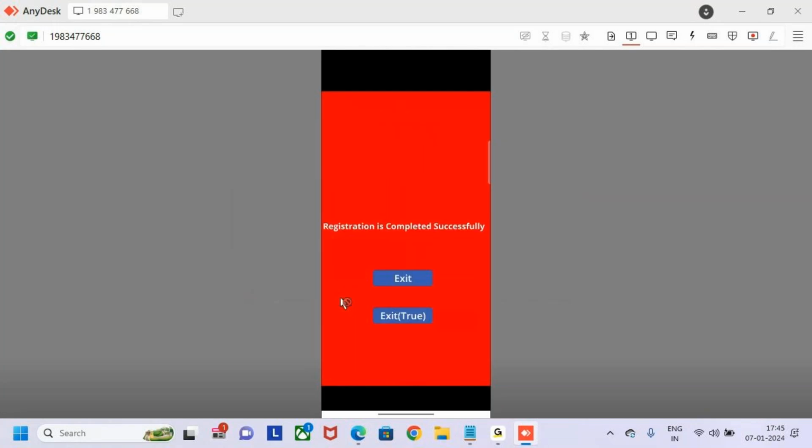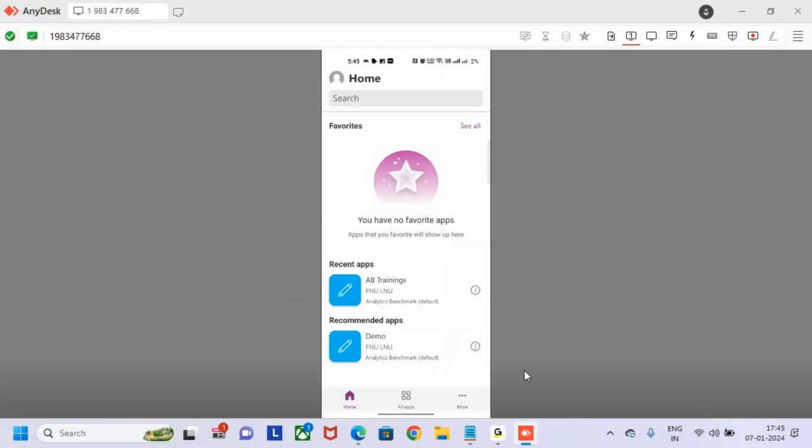Let me go and click on the submit. Now see, when I click on the exit true, now I'm going to click on the exit true. Now when I click on the exit true, it is going to exit the app and also sign out. It is used to sign out. Now see, when I click on it,